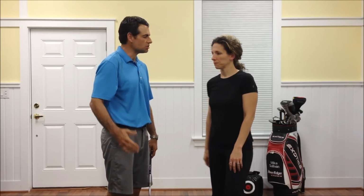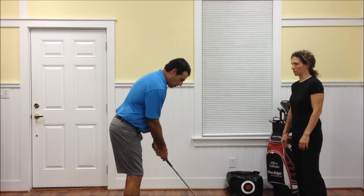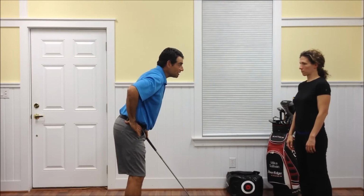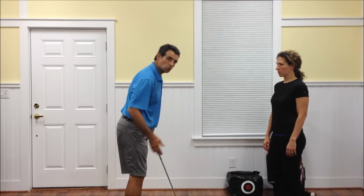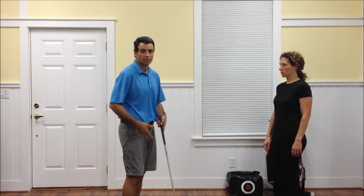Lauren is the golf fitness coach here at the golf school, and we're going to talk today, believe it or not, about the flexibility that you need to have a good setup, just to have good posture. When we see somebody who's got good posture in their golf setup, what's happening is my hips have flexion, right? There's hip flexion going on, and in order for that to happen, I've got to have some hamstring flexibility. So Lauren's going to show us an exercise that she's had me do to help me with my flexibility in